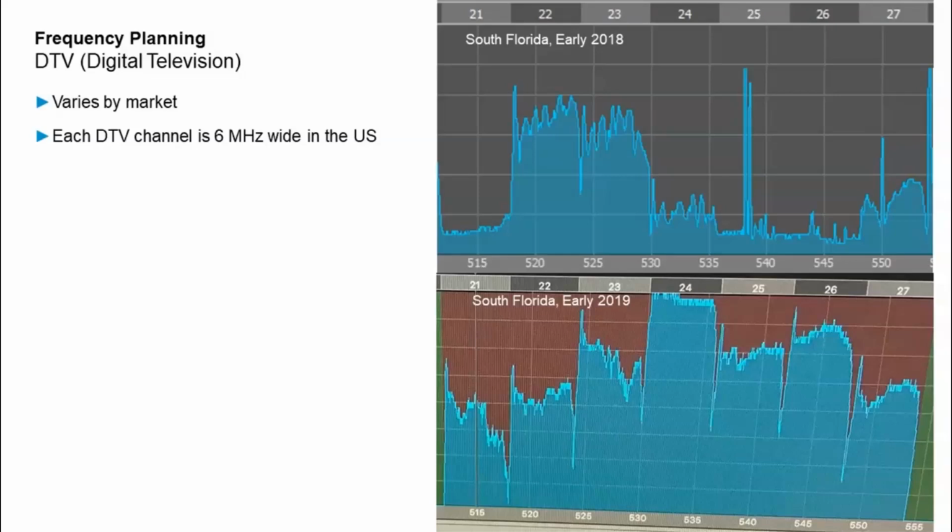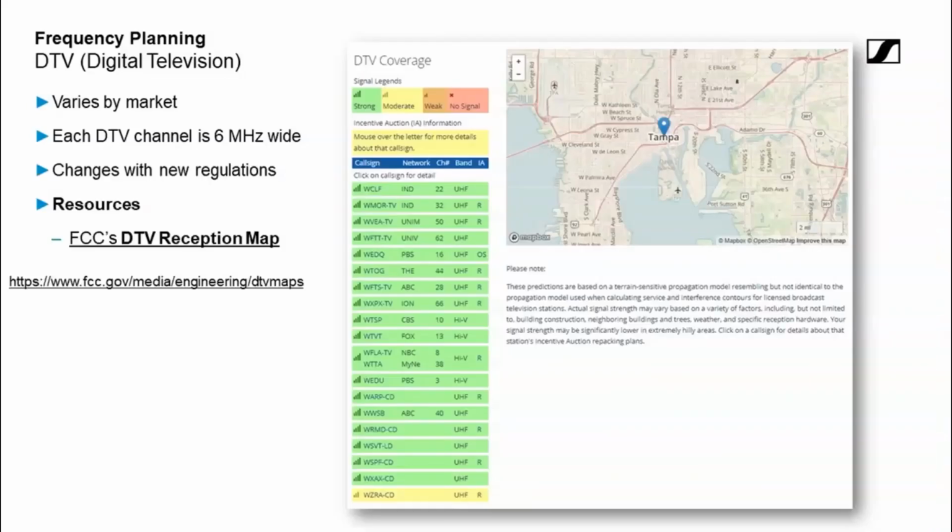But there's still some space where you can operate in the UHF. And with the latest in digital technology in the UHF range and the ability to bring frequencies very close together, we're still seeing ways of being able to do high channel counts in the UHF range. But you do want to take a look and see what kind of spectrum you do have available.